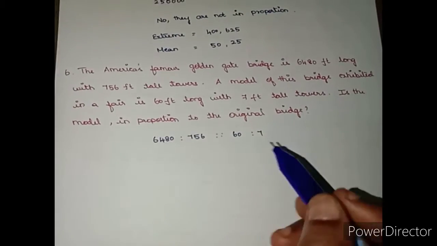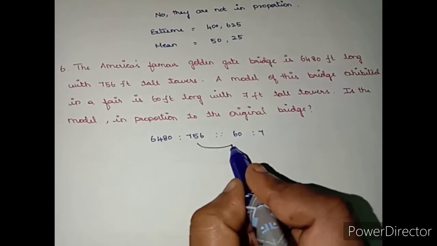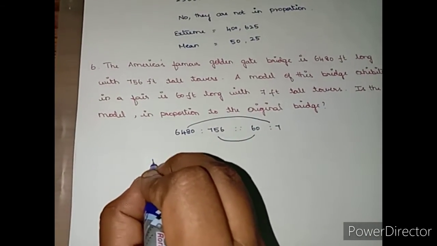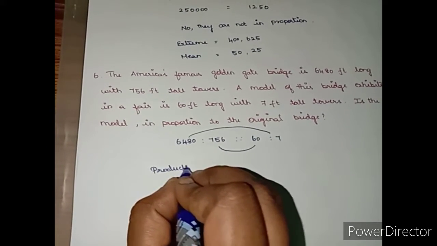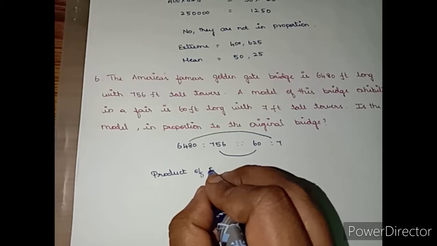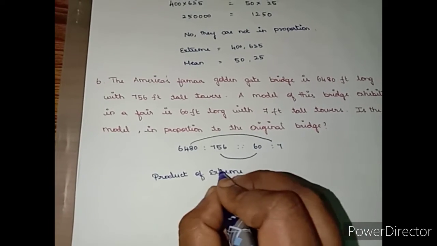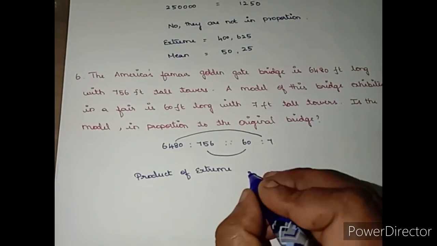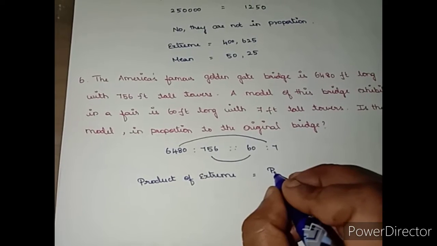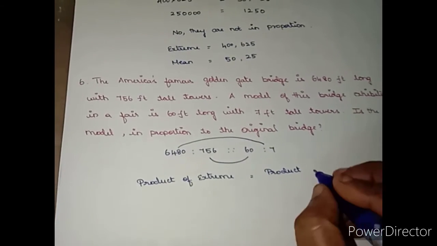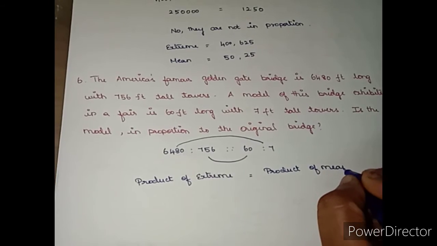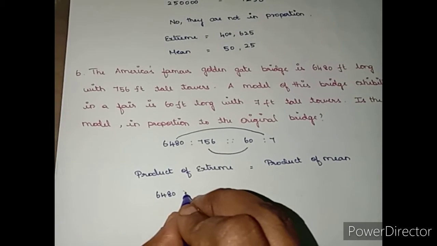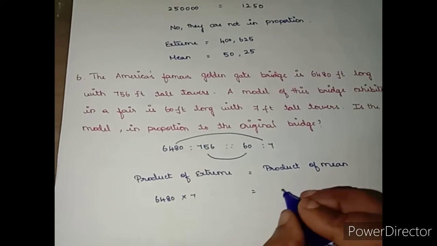So what is the first step? Same, mean and extreme. So product of extreme. It is not necessary that you have to write first extreme and then mean. You can change it and write. Should be equal to product of mean. So what is extreme? 6,480 into 7. It should be equal to